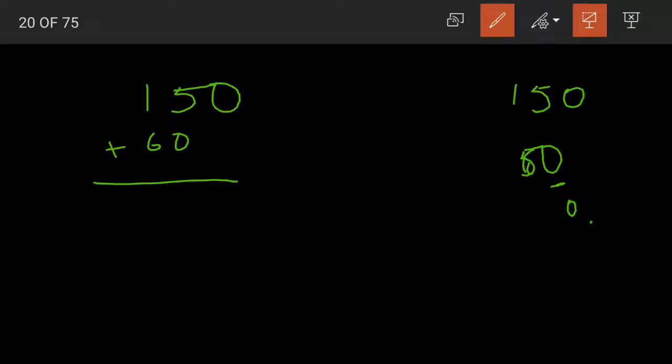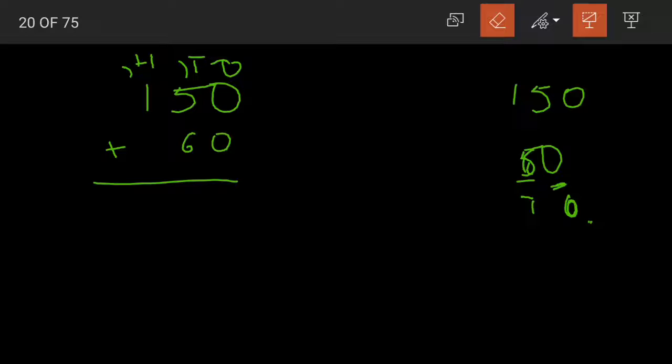0 is in the ones place here. If you write the place values upon 150, actually 0 should be in the ones place. But here 0 is in the tens place. 6 should be in the tens place, but it is in the hundreds place. This is wrong, right? What is the correct way to write? It should be like this. The place values of the digits should not be changed. So always remember, this will be the first step while adding or subtracting.